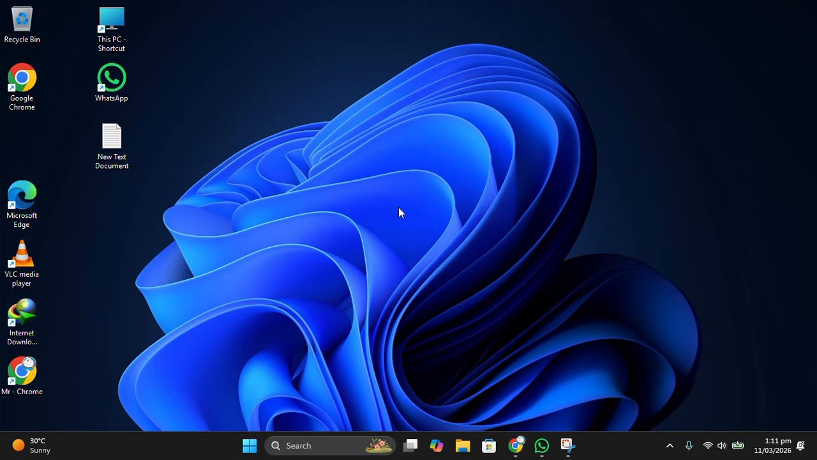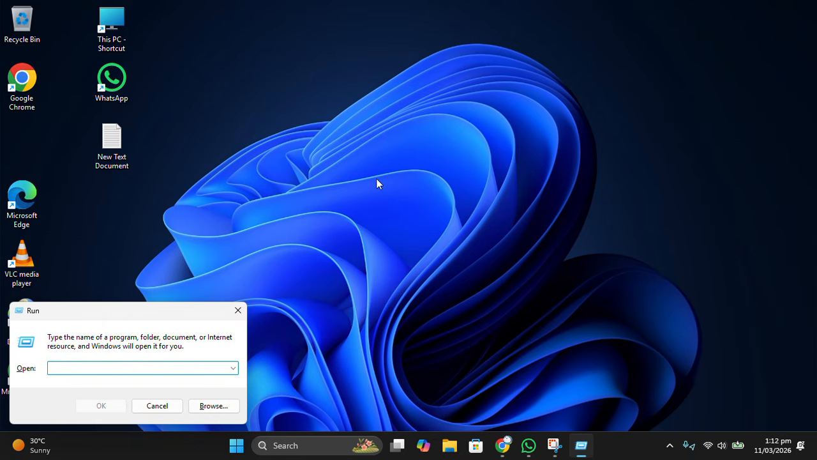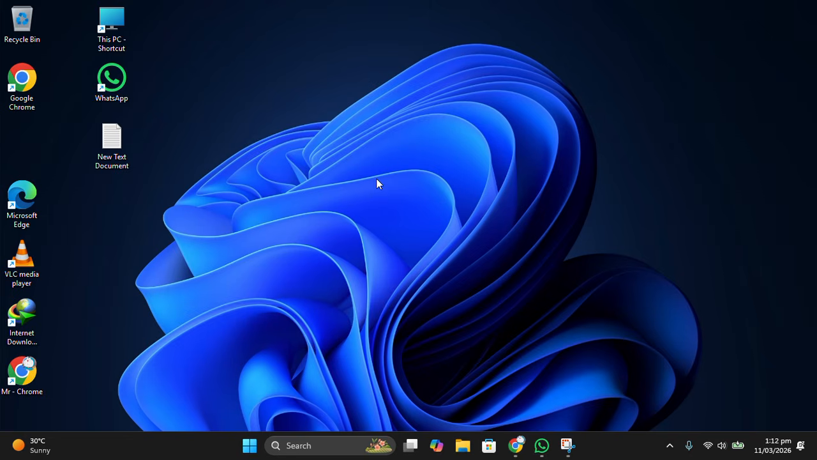The very first thing, you just have to disable SysMain in your system. To do this, press Windows plus R to open the Run command, and here enter services.msc. Click OK,